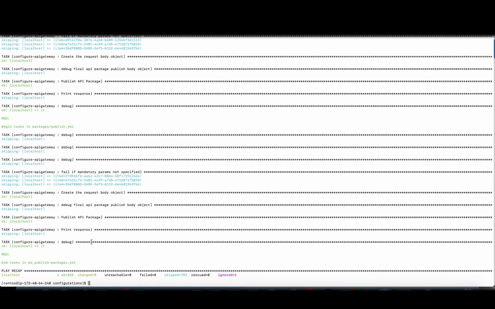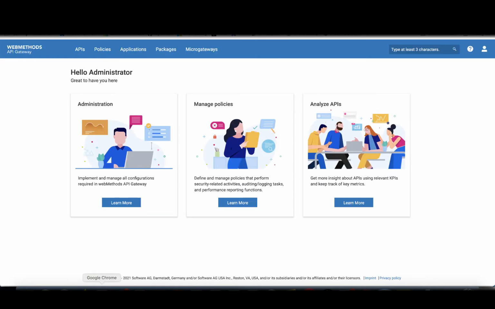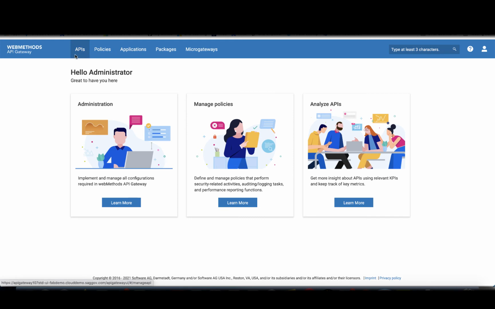Okay, so now the playbook is done again. We see that we have no errors. We have one ignore, which is on purpose. The playbook tried to change the password again, but the password was already changed before, so we just ignore that one. But long story short, going to the API gateway again and reloading the screen,